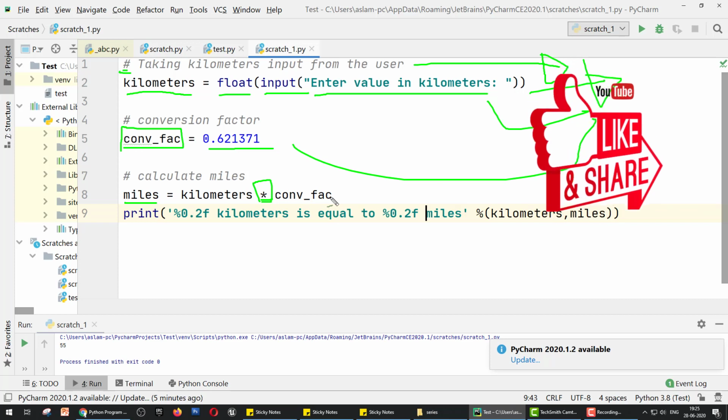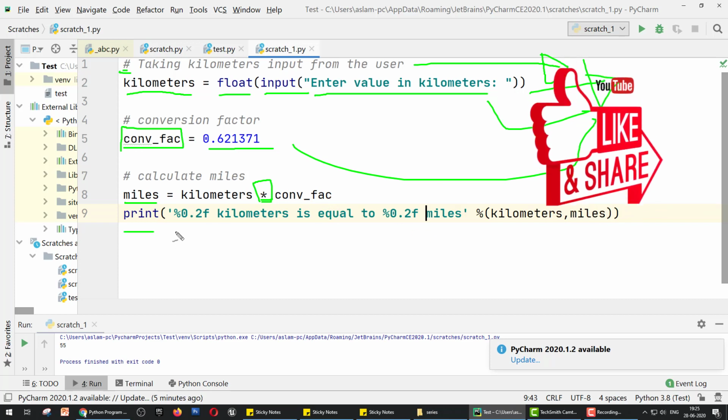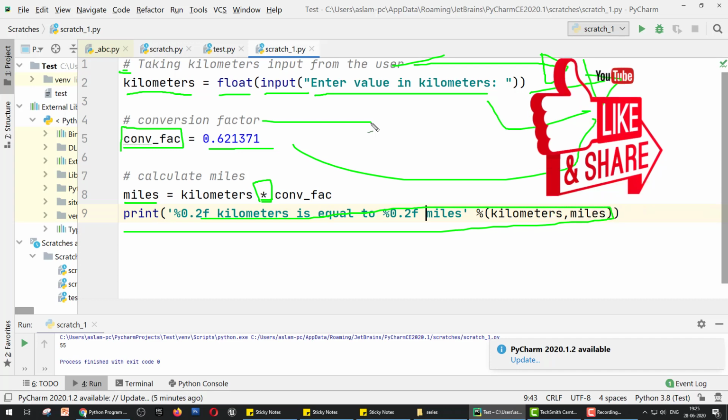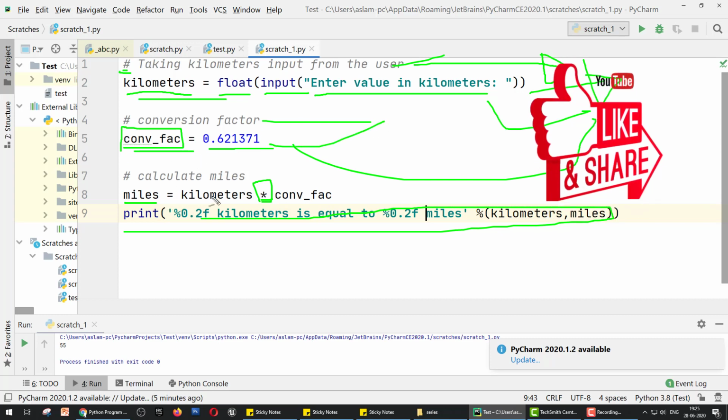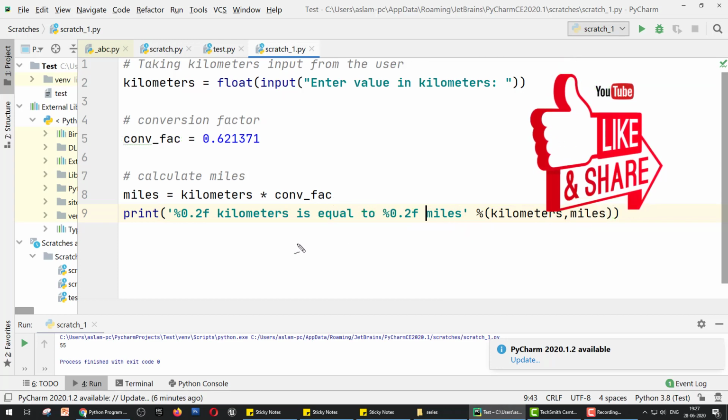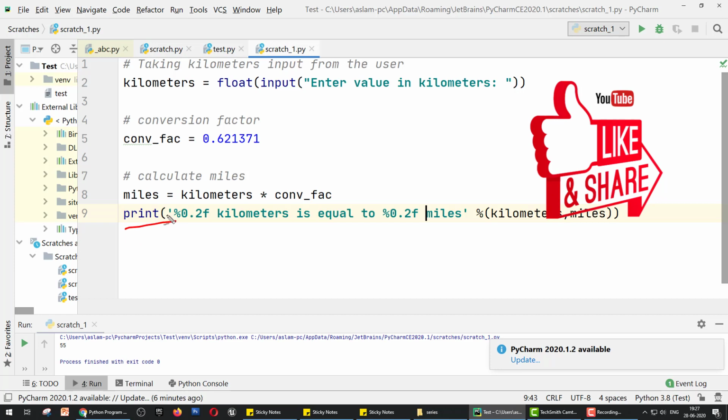It's very simple. The main thing to understand in this program is print. The above three lines, the light dark lines, are comments made by hash, not part of the programming. The next three lines are: kilometers is a variable, conversion factor is a variable, and the third variable is miles, which is the formula, kilometers into conversion factor. The main thing you have to understand is print. So print and the bracket closes, and inside the bracket, first of all we put a string. A string means a series of alphabet characters that make the message with the result. Okay, kilometers is equal to,